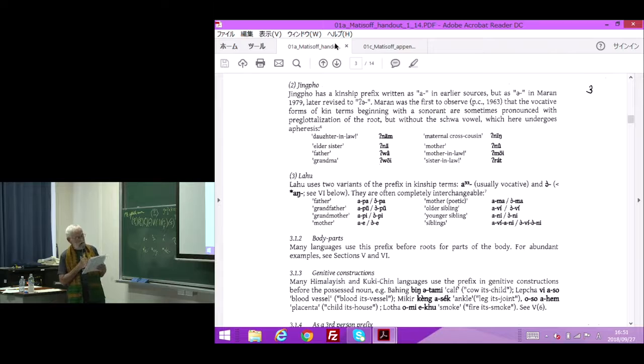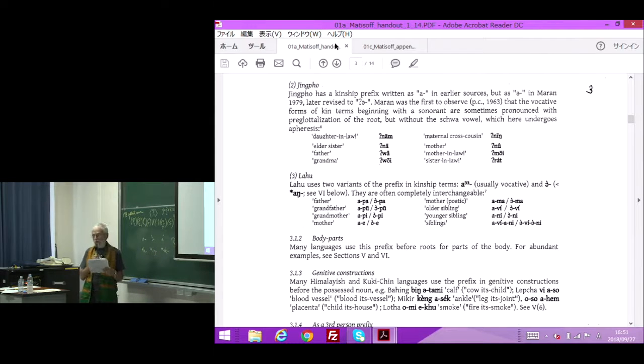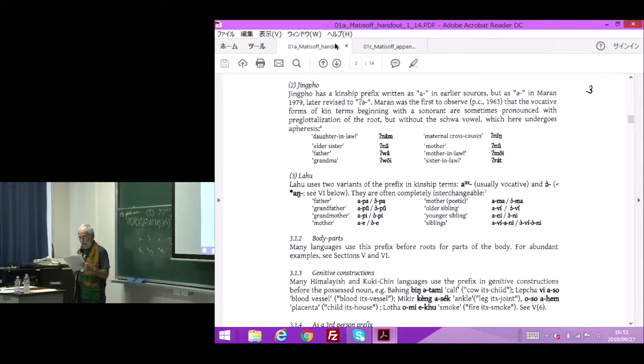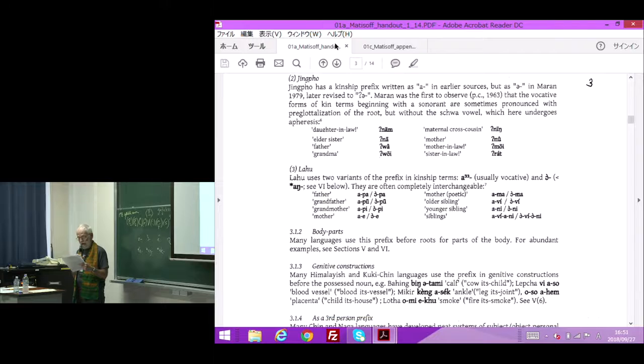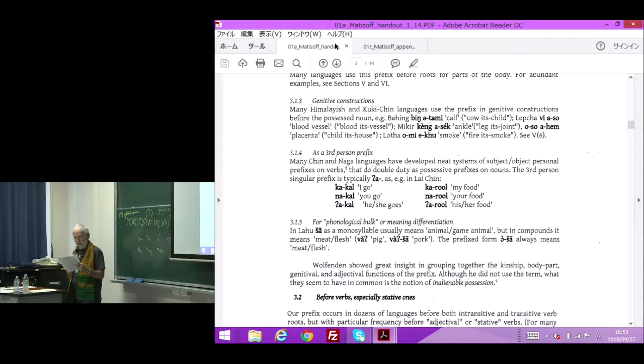Okay, Lahu has two kinship prefixes, A, which is usually vocative, and O from Ang. These are both used in kinship terms. The A tends to be vocative, and the O is more referential. Okay, we already mentioned genitive constructions and the pronominal prefixes in languages like the Chin group. But sometimes the function of this prefix is quite elusive, and I'm forced to just take refuge in the